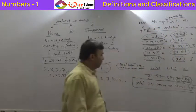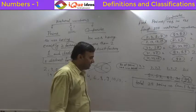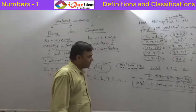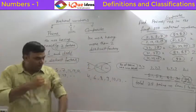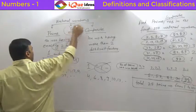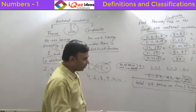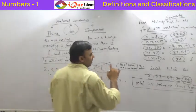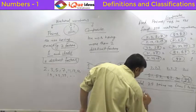Check it. So I think 75, and I'm sure you are wrong. That it cannot be 75. Why? How many numbers are there from 1 to 100? 100. Out of them, 25 are prime numbers. And there is one number, 1, which is neither prime nor composite. So when you go on counting composite numbers, what you have to do is...